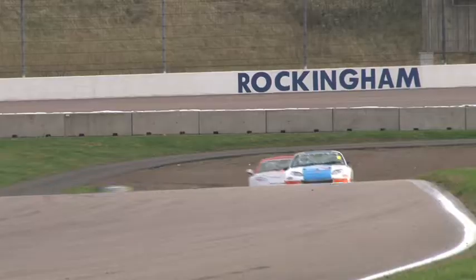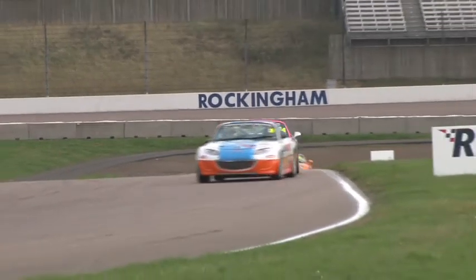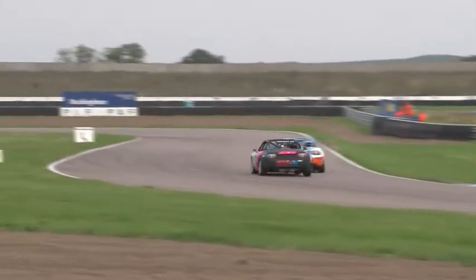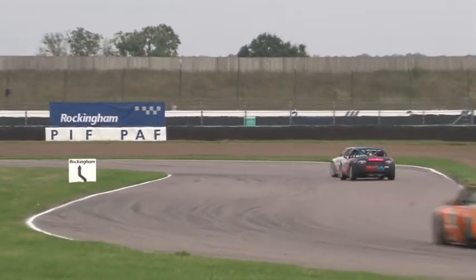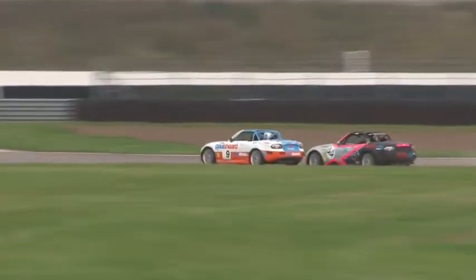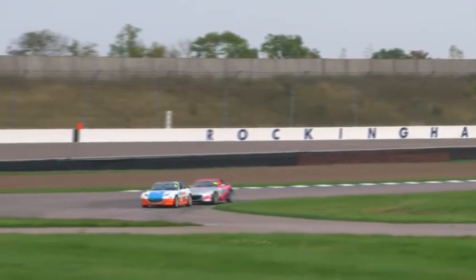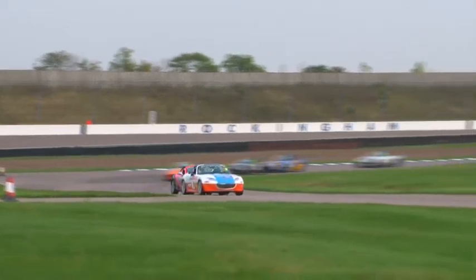Just behind was the silver car of John Davies, and we've already mentioned the blue and yellow car of Liam Murphy. Look at this, absolutely glued together. You couldn't even stand between those two cars. They were that close there, bumping over as they go through the pit path, head up towards the left-hander of Kirby. Abby Eaton's looking to try and carry as much momentum through as she can, take the speed onto Steel